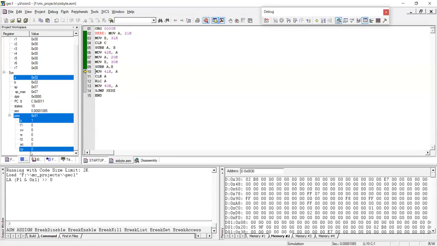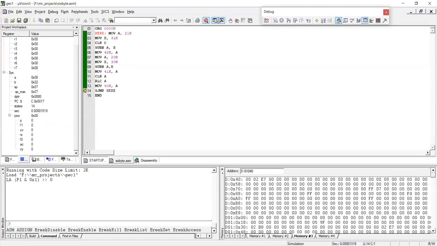There is no carry bit here. Now the result of the subtraction of the higher byte numbers I'll move into 41H. Then CLR A, and I include the borrow if there is any from the higher byte subtraction. Accumulator, MOV 40H, A, and since there is no borrow, 40H will have 0.